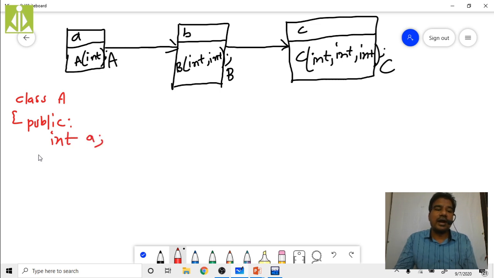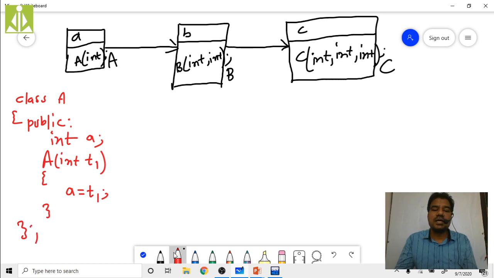Int A, and write the constructor A of. If you want to write the definition outside, then write outside; if you want to write it inside, write inside. I'm writing inside only. Int temporary 1, T1. So no need of semicolon. Then open this bracket and initialize this A with T1. So A will get initialized.